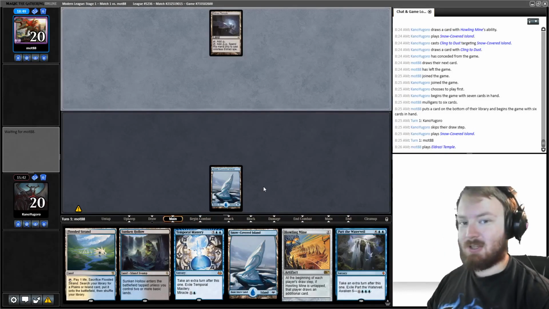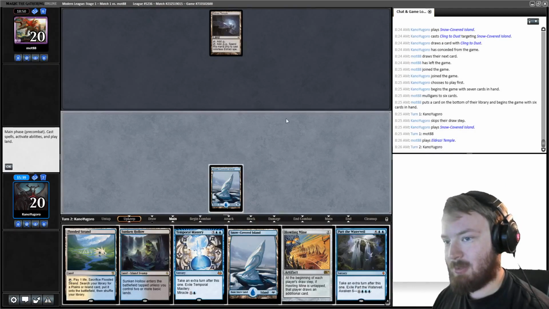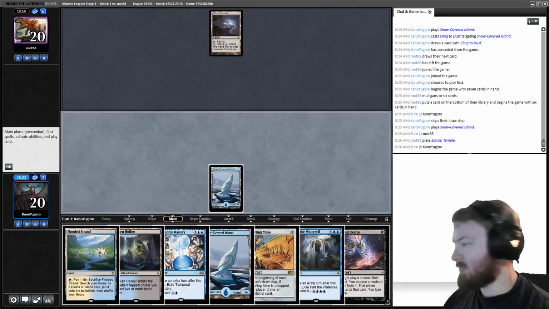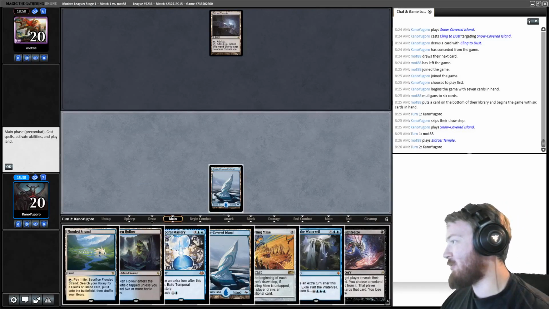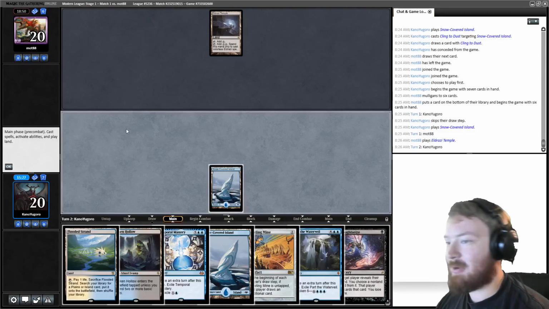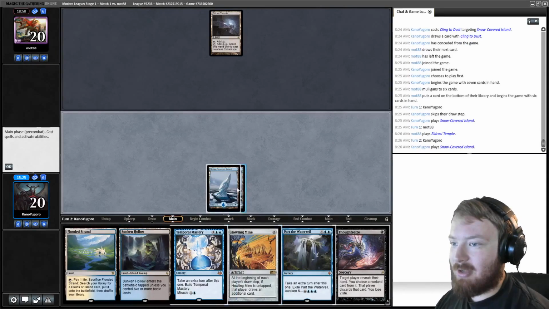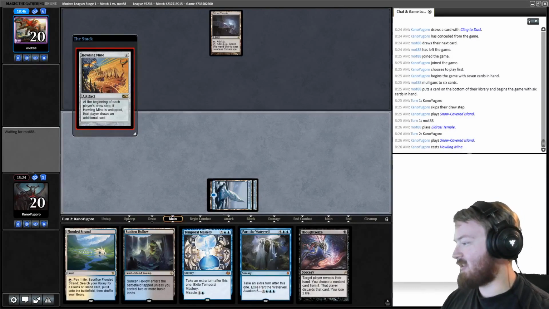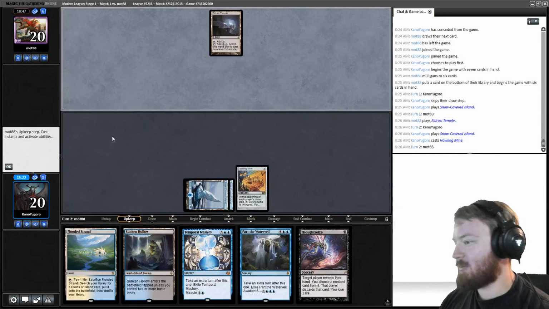Okay, opponent starts Eldrazi Temple. We untap. We draw Thoughtseize. Let me check the list here and make sure there's at least one Watery Grave. There is. Okay. I'm going to play an Island and Howling Mine, though. If my opponent plays a Thought-Knot Seer, which is, I think, the worst thing they could play off of an Eldrazi Temple,